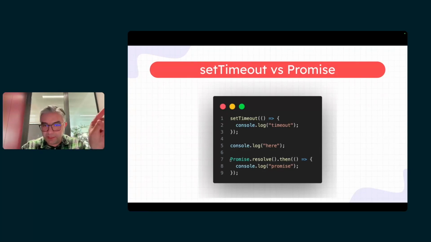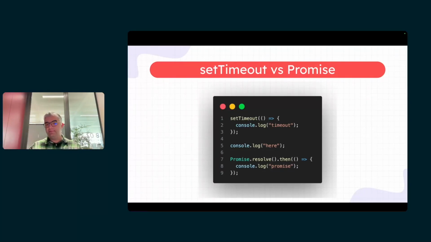Then we reach a promise.resolve. Again, promise.resolve, you can replace it with any fetch function. Why am I telling you that we can replace it with a fetch function? Because suppose that it is a fetch function calling an API. But since fetch functions have a lot of overhead, like making the HTTP request, for sure it's slower. But in this case, we just resolved it immediately. So we have a promise callback in this case as well.